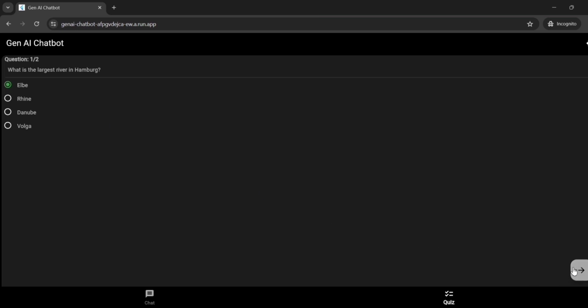Now by this arrow go to the second question. What is the most famous landmark of Hamburg? So you can select any one of it. So its correct answer is the LB Philharmonia. So our quiz has been done.